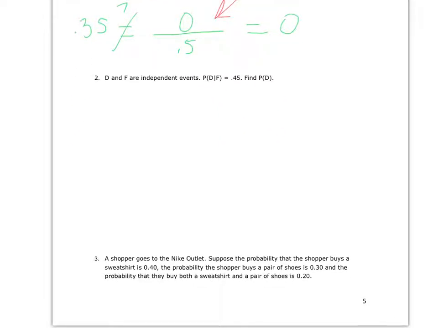D and F are independent events. Probability of D given F equals 0.45. Find the probability of D. Okay, a little bit of a trick question there. Hopefully you're thinking about that. We have all the information we need. Well, if they are independent